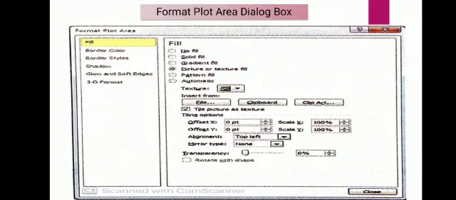So see, in this diagram it has selected the picture option. So in texture, in front of texture, the more drop down arrow button is present. Click on it. It will give you a dialog box of different types of texture. Then select whatever type you want to insert in the plot area. Then close it.